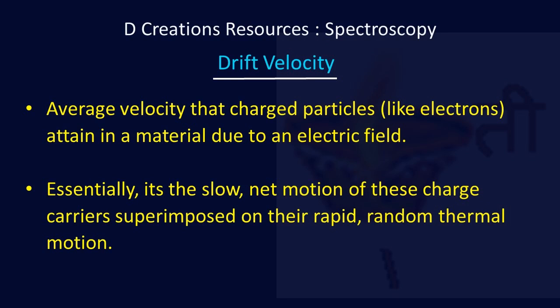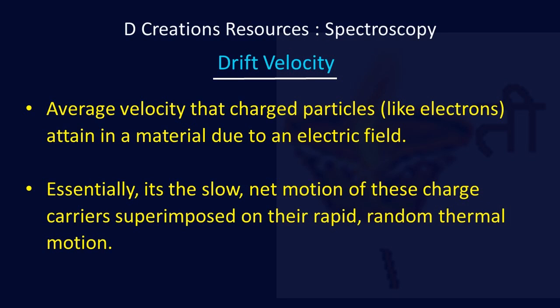Now when an electric field is applied, or when a voltage is applied across this wire, an electric field is generated basically. So that electric field is what I am talking about. This electric field is going to exert a force on the free electrons, causing them to accelerate in the opposite direction to the field, because electrons are negatively charged. And as these electrons accelerate, they collide with the atoms of the material's lattice. These collisions disrupt their motions, causing them to lose some of the kinetic energy gained from the electric field